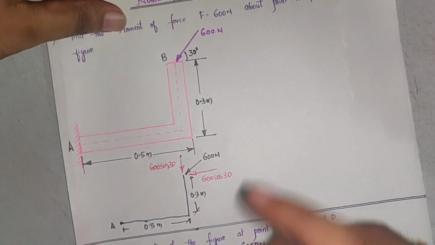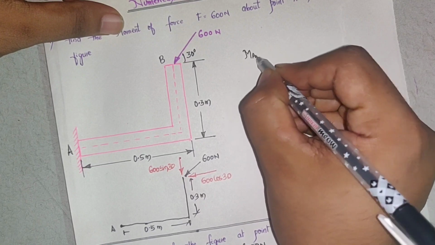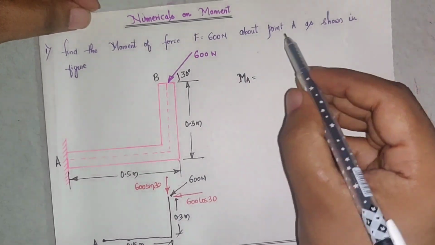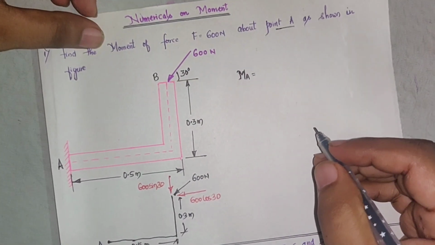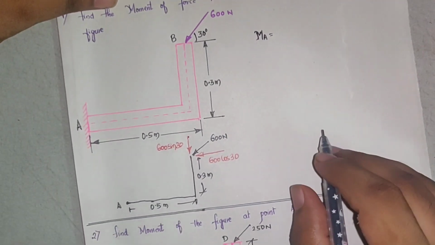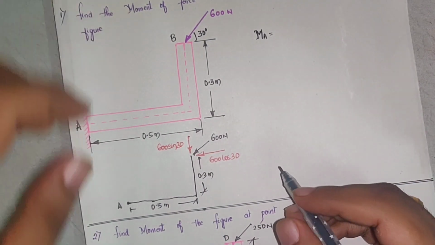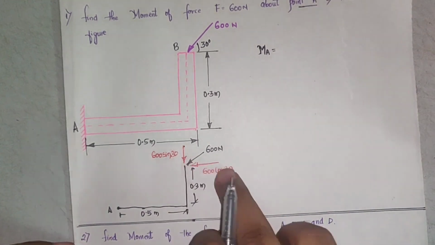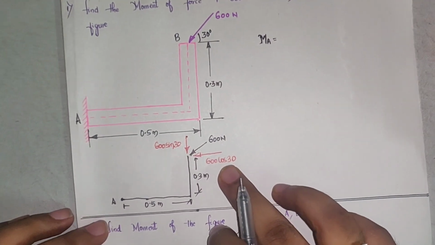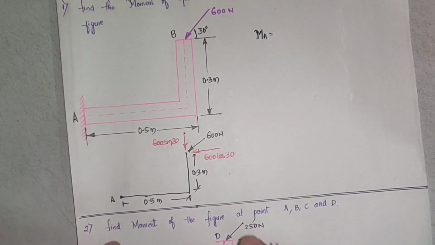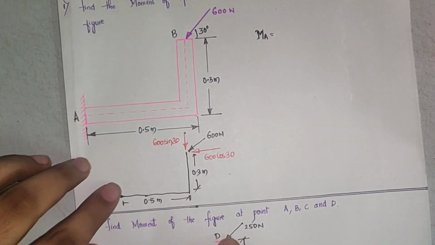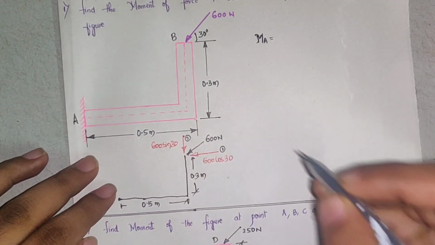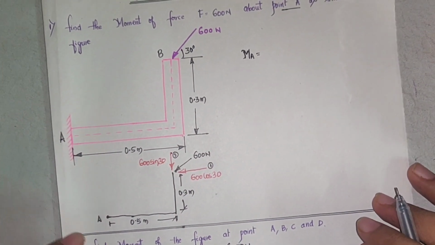Now if I want to calculate moment about A, I'll write this as moment M about A. So he has told you to find out moment about A. How will you find it? Moment about A is nothing but the calculation of the rotational effect produced by the force, or what is the magnitude of force that is required to rotate this object about point A. Now there are two forces, 1 and 2. We'll consider one by one.